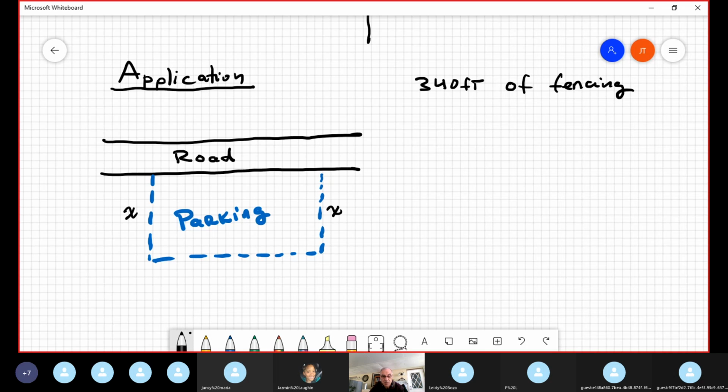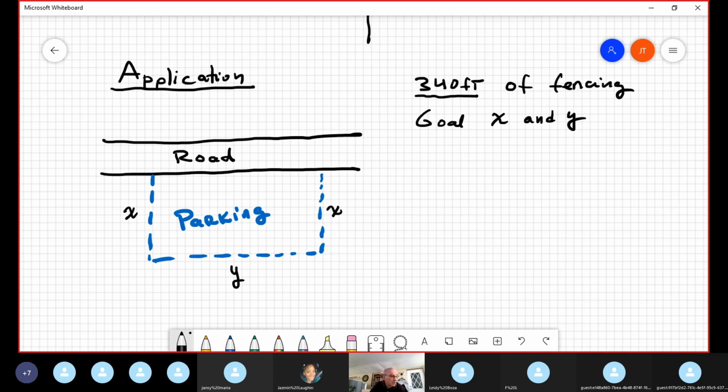In any word problem, you immediately define some variables. This side and this side are the same, and this side is not necessarily the same. It's different. Okay, the perimeter, which is the fencing, is 340. It's a restriction for the problem. So determine the dimensions. Basically, my goal is to determine x and y